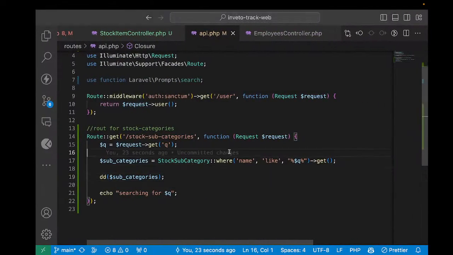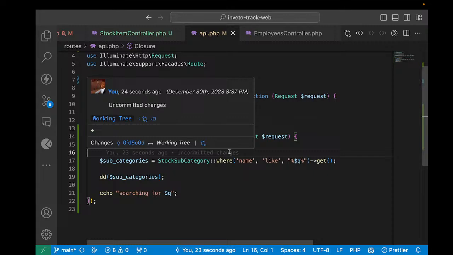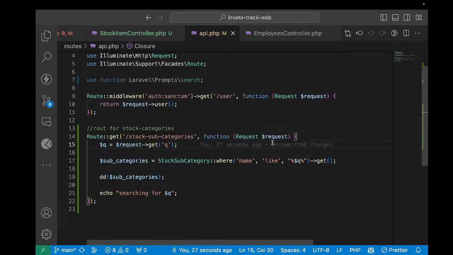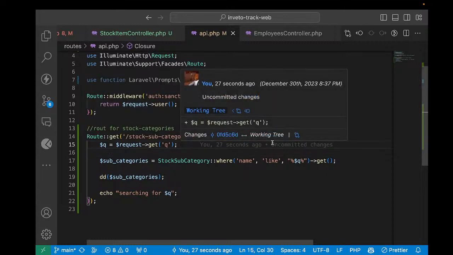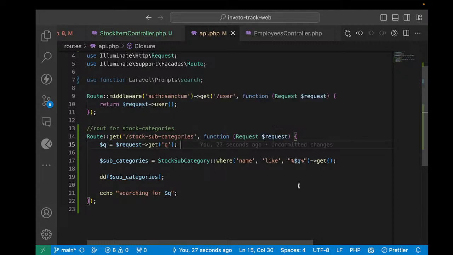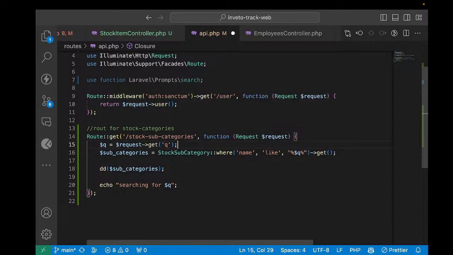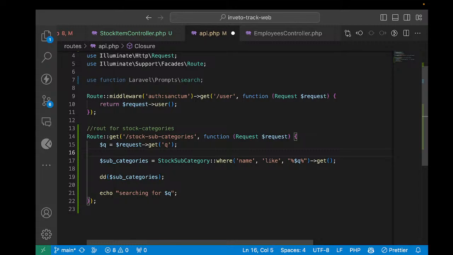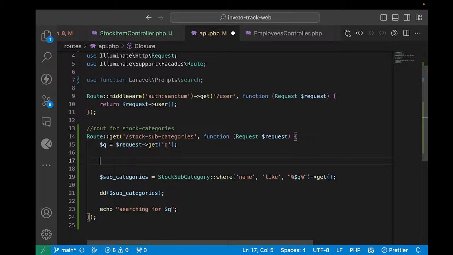So another thing, there is a challenge here, that since this one is not checking someone who is logged in, it means that we shall not be able to know someone who has really sent the request. So it might end up sending the categories of a company that don't belong to us. Okay, that don't belong to someone who is logged in. So you have to get here also company ID. So if you don't send the company ID, then we check if the company ID